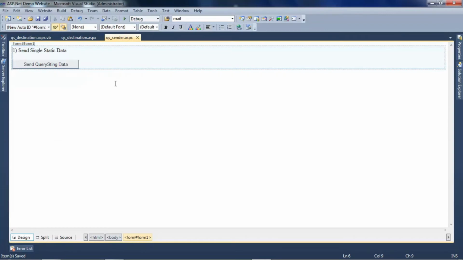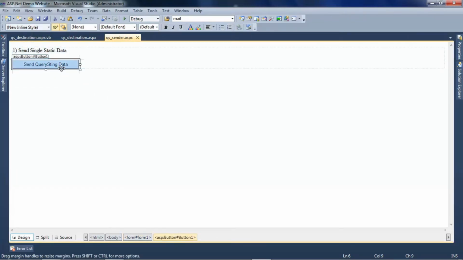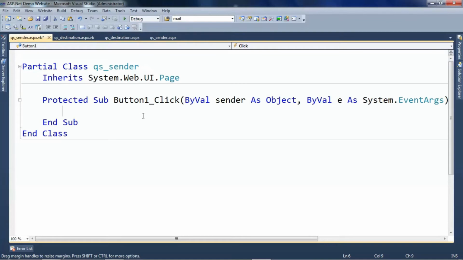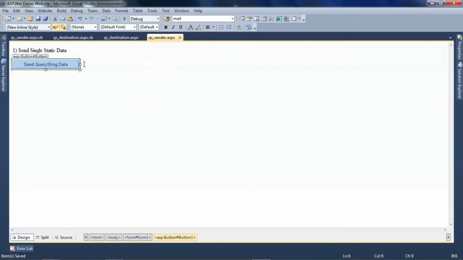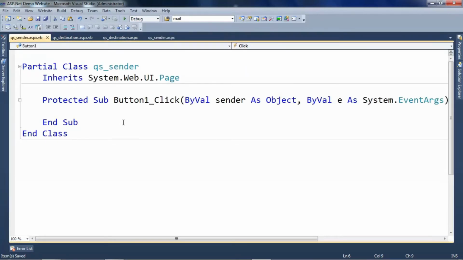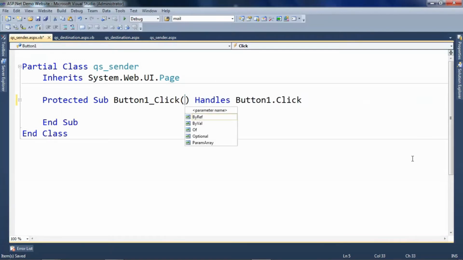Now when will this particular data be sent? Yes, whenever we click on this button. So the code of sending the data, which we have seen in the theory of this concept, has to be written in the click event of this button. So we will create the click event of this button. How did I create that? Just double click on it and it will create a button click event. Again, this parameter list is of no use for us as of now, so we have deleted it.